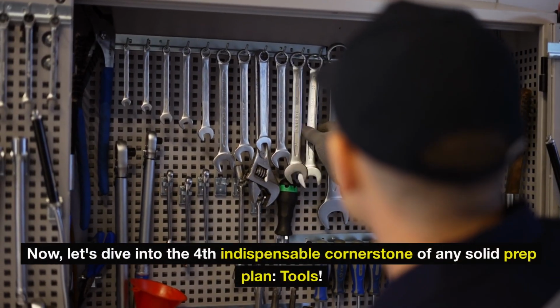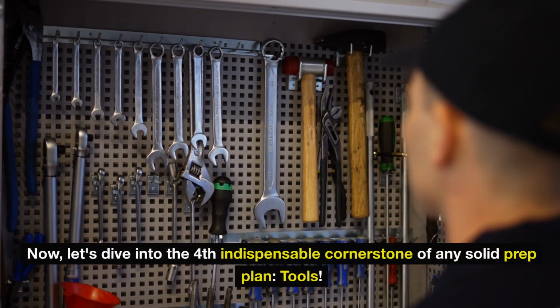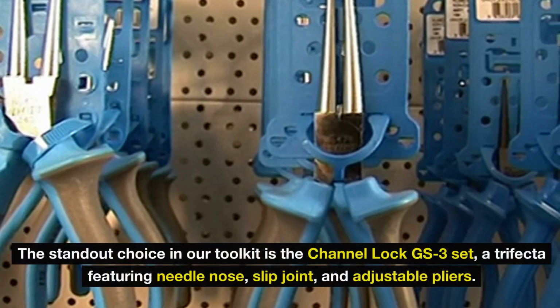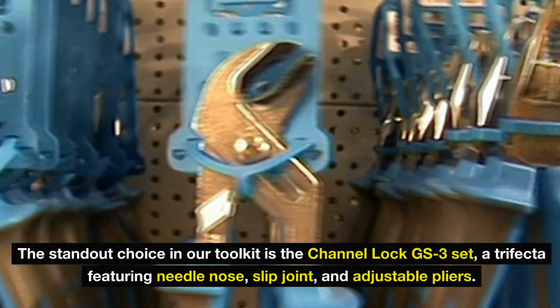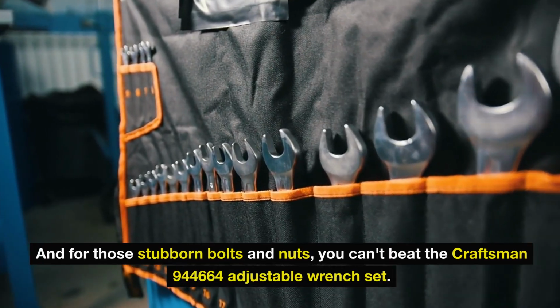Now let's dive into the fourth indispensable cornerstone of any solid prep plan. Tools. Let's start with the simple non-electric tools, pliers and wrenches. The standout choice in our toolkit is the Channellock GS3 set, a trifecta featuring needle nose, slip joint, and adjustable pliers. And for those stubborn bolts and nuts, you can't beat the Craftsman